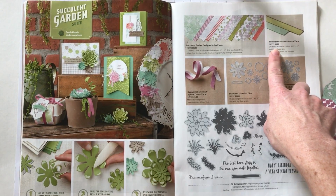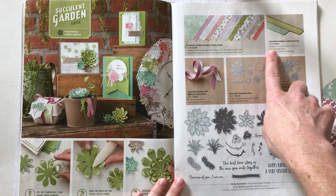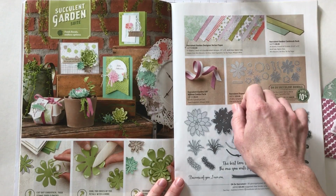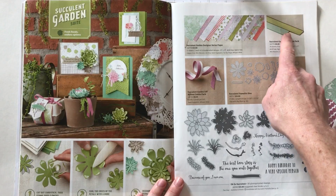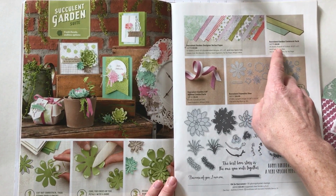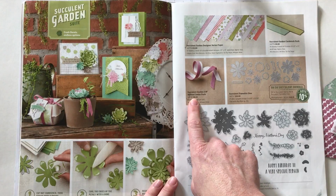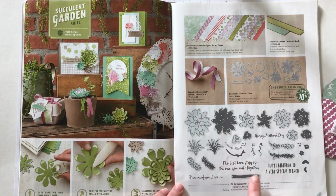This is a fabulous thing that Stampin' Up! did a couple of years ago maybe, where they include 24 sheets of 3 of the colors that are predominantly used in the Designer Series paper pack. So you get 8 sheets of each of those 3 colors instead of having to buy full packs of those colors, because that gets you 24 sheets, and maybe in the beginning you don't need 24 sheets of each of those colors. So you also get the Succulent Garden Ribbon Combo Pack in this suite of products,